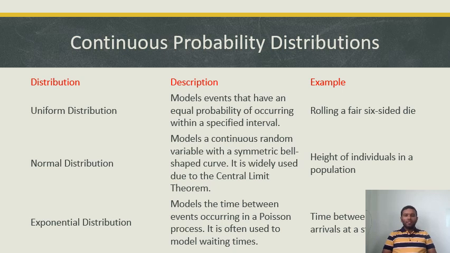Let us look at some of the examples. Rolling a fair six-sided die, uniform distribution. Height of individuals in a population, normal distribution. Time between customer arrivals at a store is an example of exponential distribution. Next slide is